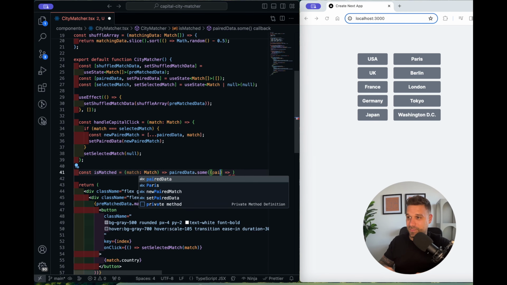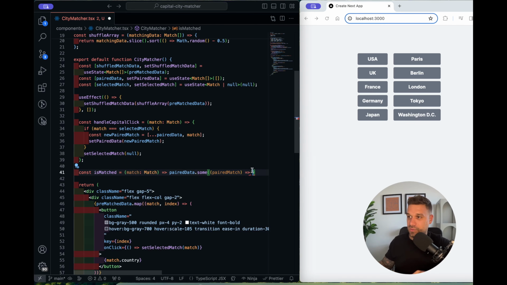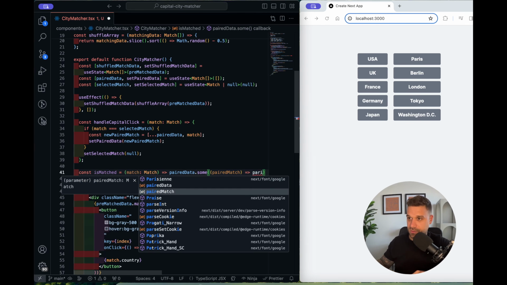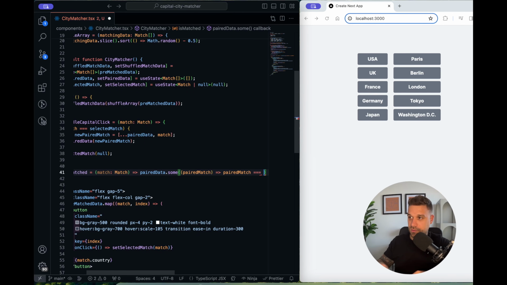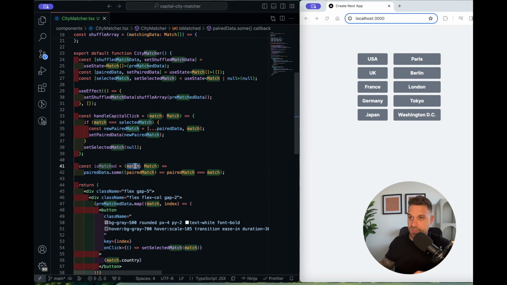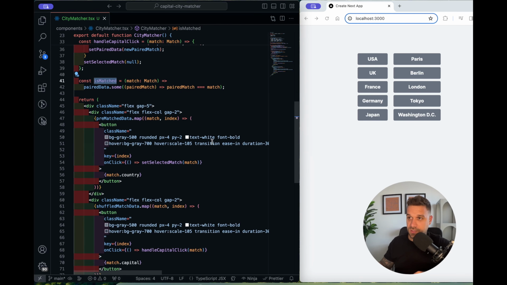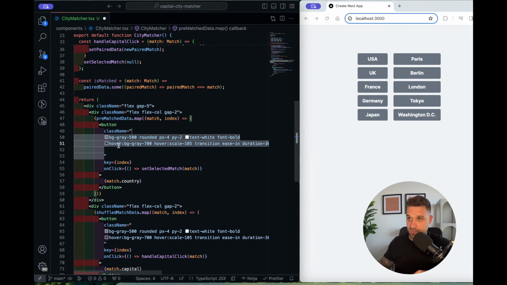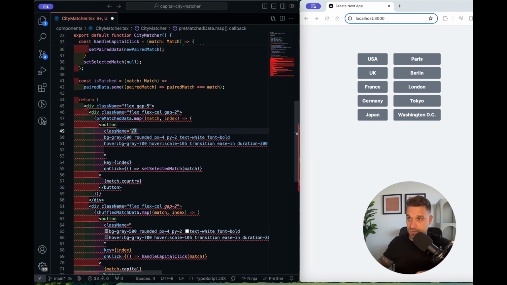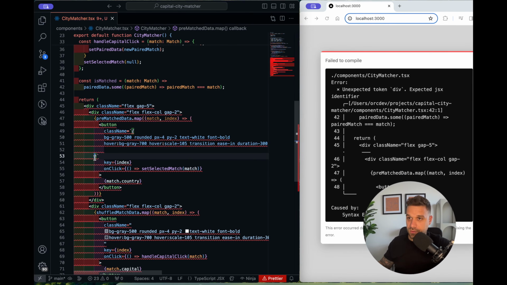Let's call it paired match, and there we need to have paired match equal to the match that we are receiving from here. And like this, we're going to know if our data is paired or not, matched or not, from our pairs here. So we can use this is matched here, for example. I'm going to put it here so we can change this. It should be like this, the quotes, so we can use